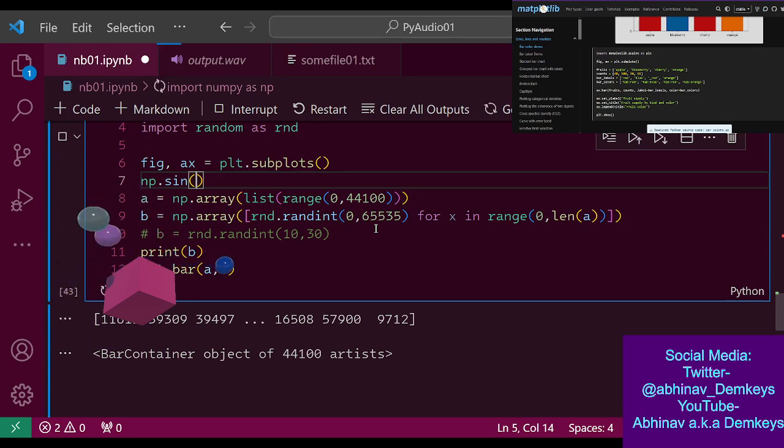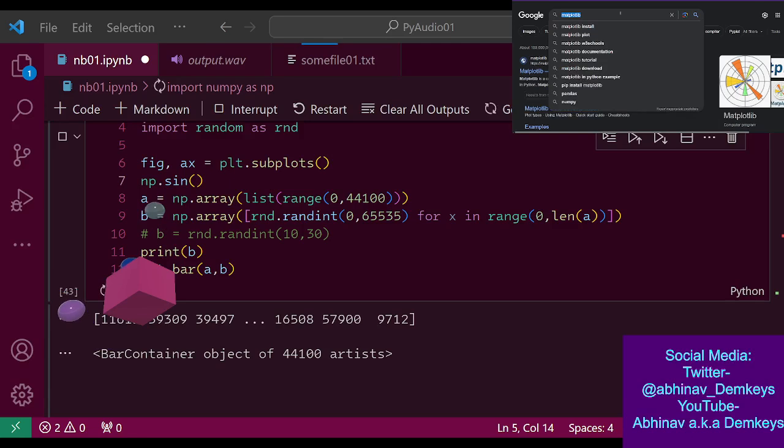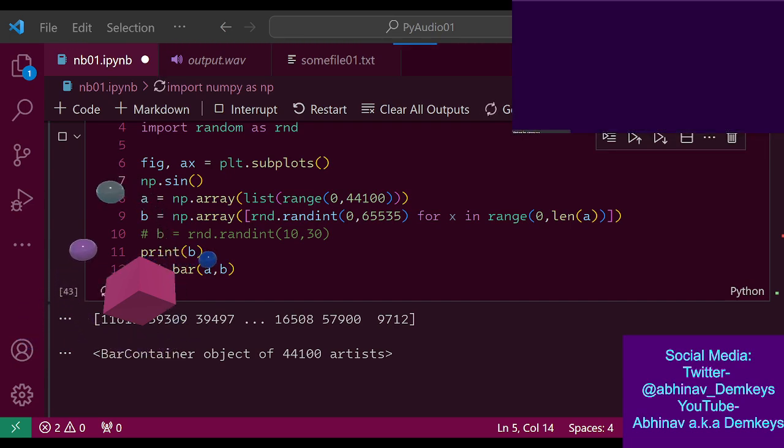What was I saying? I was saying something. I forgot. I lost my train of thought. Okay, while this is loading, I guess I can come back here and read the NumPy documentation.